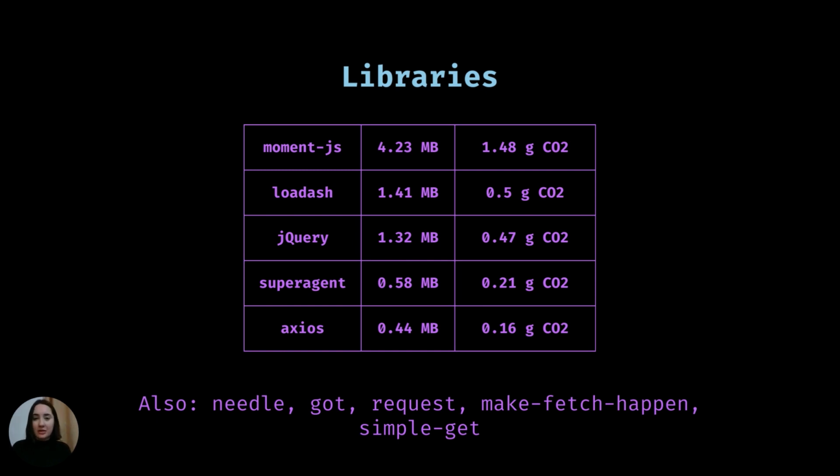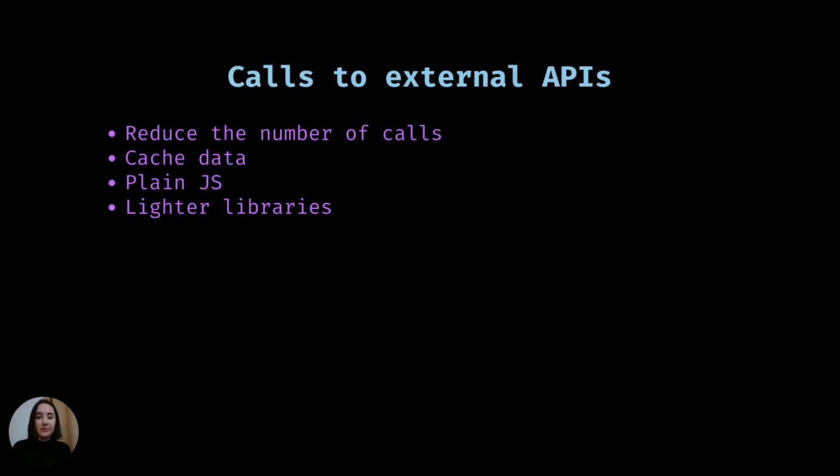And sometimes you don't. Maybe plain JavaScript is good enough, or maybe the simple built-in fetch would be good enough to solve the issue that you're having. So just think about using plain JavaScript, or maybe introduce some lighter libraries. You should also consider the number of calls to external APIs, and you should think about reducing the number of the calls. It's important to consider caching of data, and as I already mentioned, just introducing plain JavaScript or lighter